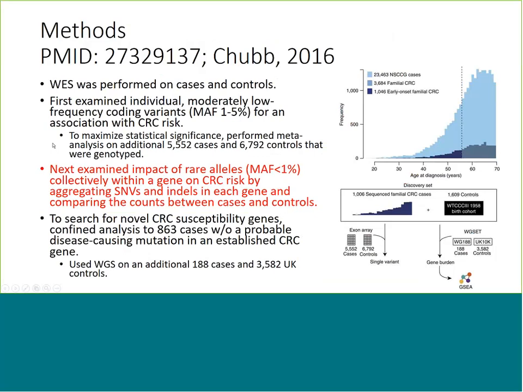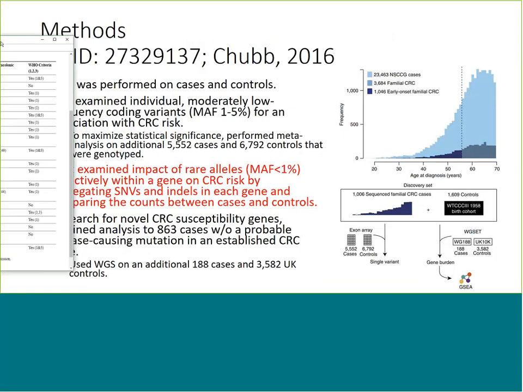So they really did 3 types of analyses, and I'll only talk about one that we ended up using for our group. First of all, whole exome sequencing was performed in both cases and controls. So already we see that the variant detection methodology is well matched between the cases and controls. And the first analysis they did was actually a single variant analysis looking at moderately low frequency coding variants for an increased association with colorectal cancer risk. And they also added in